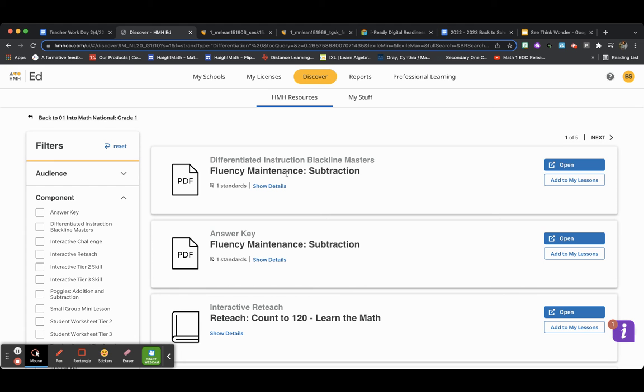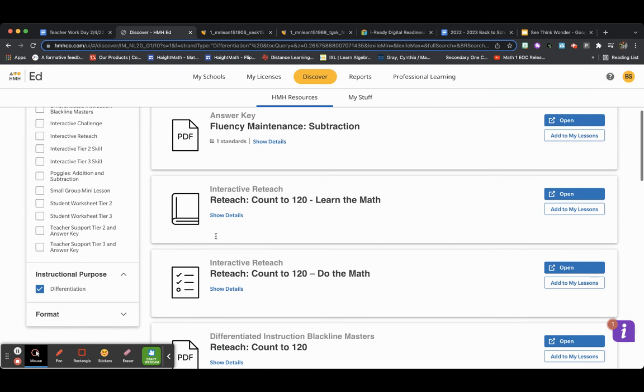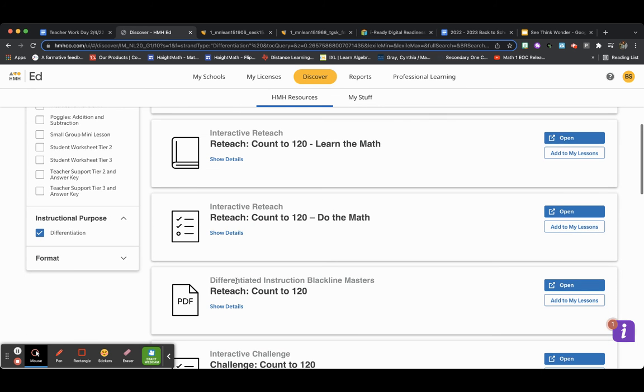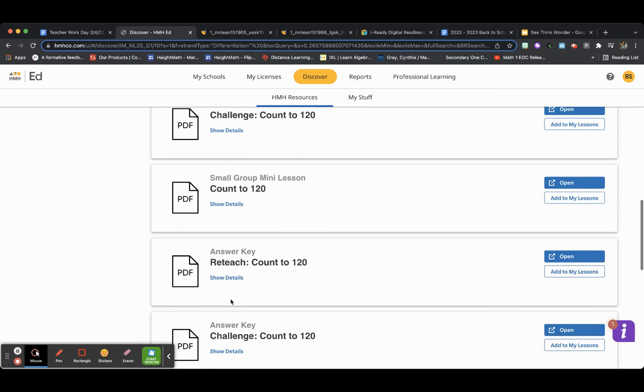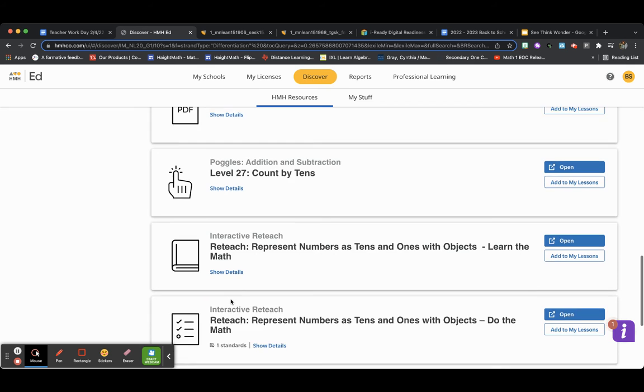So here we have fluency maintenance and subtraction. That's a PDF version that you can use. You have reteach, which can be interactive, or you can also do the PDF versions here that you see. And as I'm scrolling down,